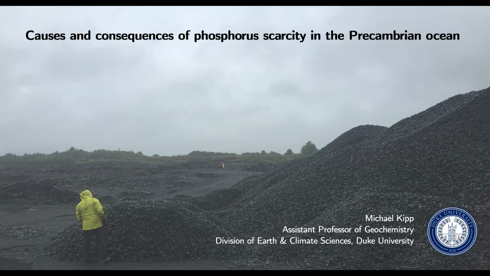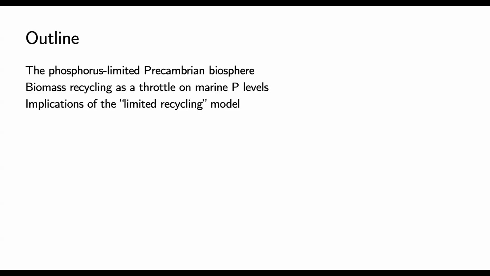You're seeing a picture here of one of the earliest phosphorites in the rock record from the Zaonega Formation in northwest Russia. It's Paleoproterozoic and comes shortly after the rise of oxygen in the atmosphere. And so it begs the question, sort of like Chenyi was getting at, what are the dominant controls on phosphate burial? Why do we see these phosphate-rich deposits just after the oxygenation of the surface? And so I've got just a few points that I'll touch on here.